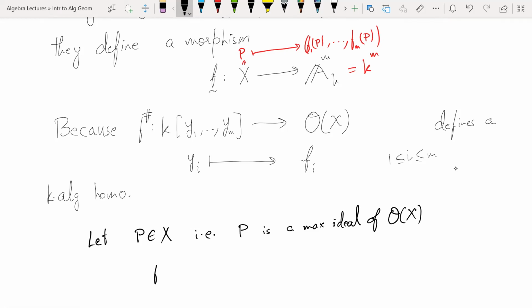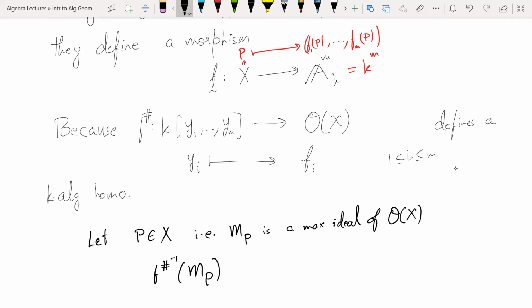And what is F hash inverse of this maximal ideal? Sorry, not P, but MP. P is the point. Let's denote by MP the maximal ideal of OX. Then what is F hash inverse of MP? So yi goes to Fi. So I want to say that this is exactly F1 evaluated at